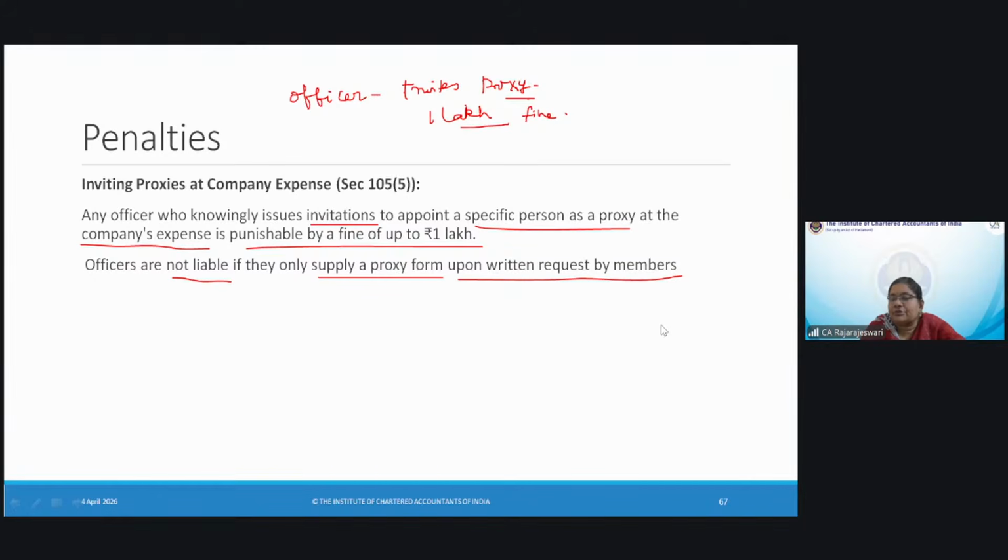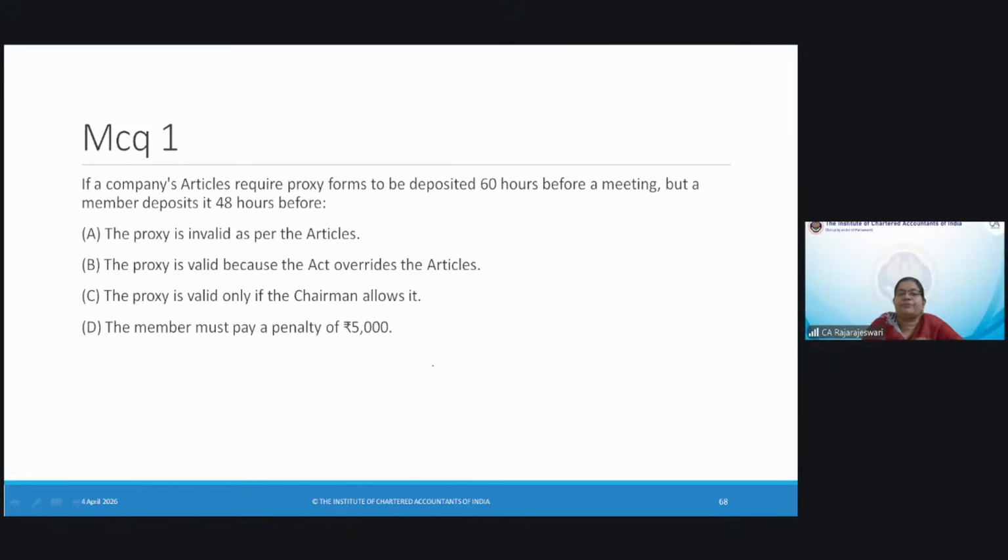Have you understood up to this? Shall we proceed further with the MCQs? We will see the MCQ. Now,